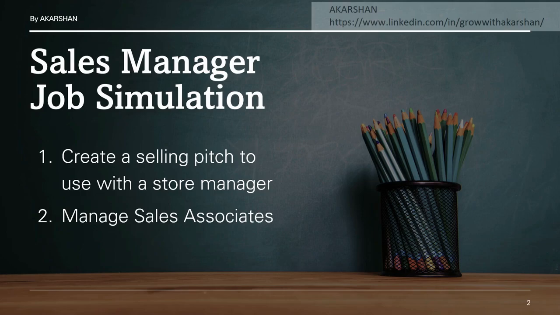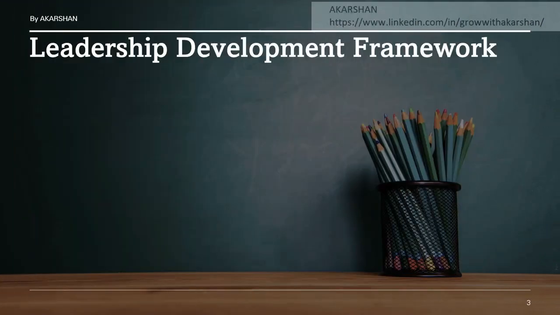Second part is manage your sales associate. So you are a sales manager, which means there are subordinates who are working below you in the hierarchy. So you have to manage them. Sometimes they are frustrated, sometimes they are over enthusiastic. So you have to help them. You have to understand what is going through their mind and help them perform better. Ultimately, their performance will highlight your performance, and your performance will highlight the company's performance. If they are happy, you are happy, the whole company is happy. Profit, profit, profit.